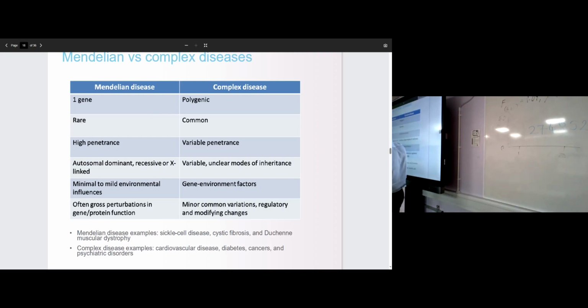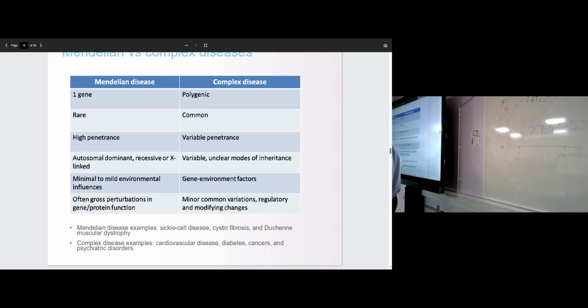The Mendelian diseases follow the laws of Mendel, whereas the complex diseases have unclear and variable models of inheritance. Mendelian diseases have minimal to mild environmental influences, meaning if you have that variant, it doesn't matter whether you exercise or you don't, you're most likely going to develop it. Whereas polygenic diseases do have a much